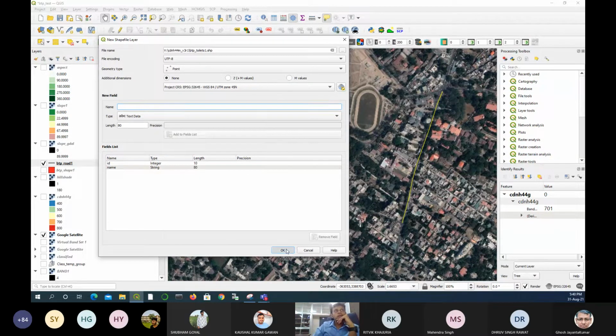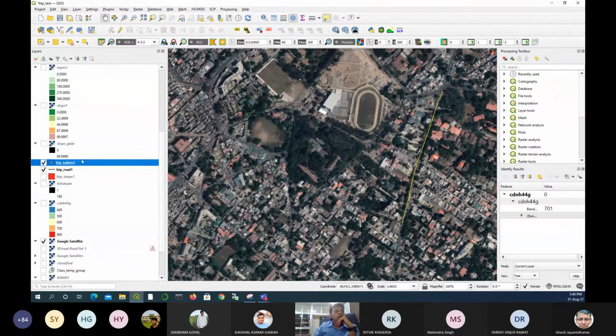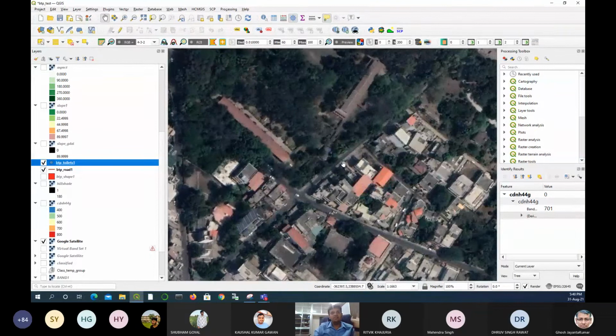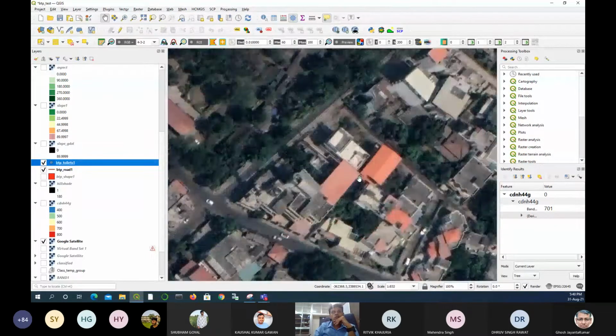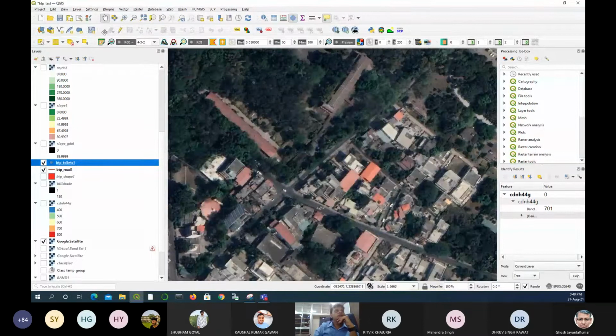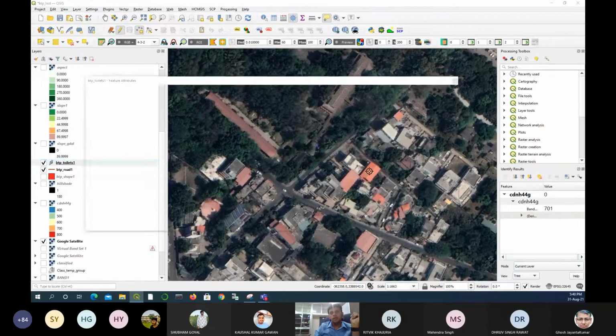Okay, and now we can see this is a dot. I don't know where the toilets are, but just assume that in your region this is a toilet. That's how you create a new point feature file. This is your toilet.